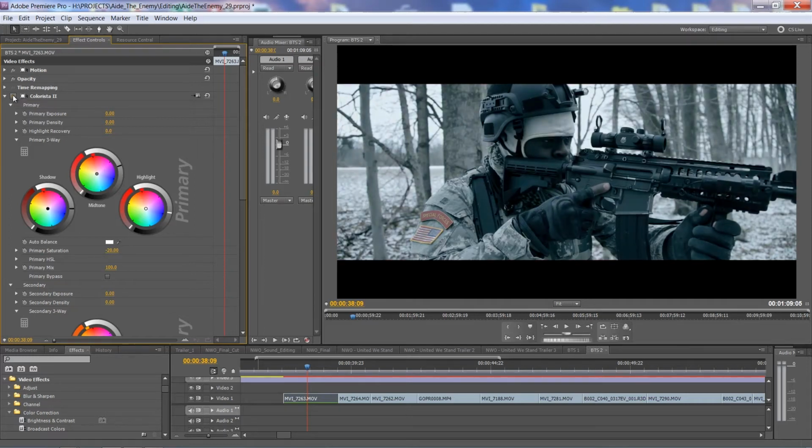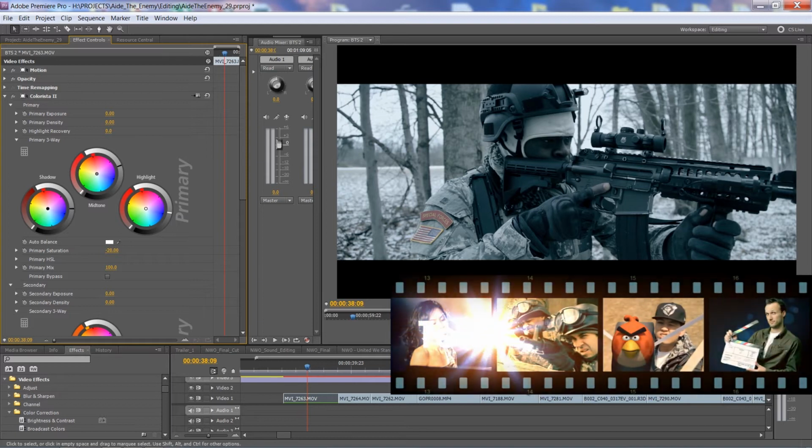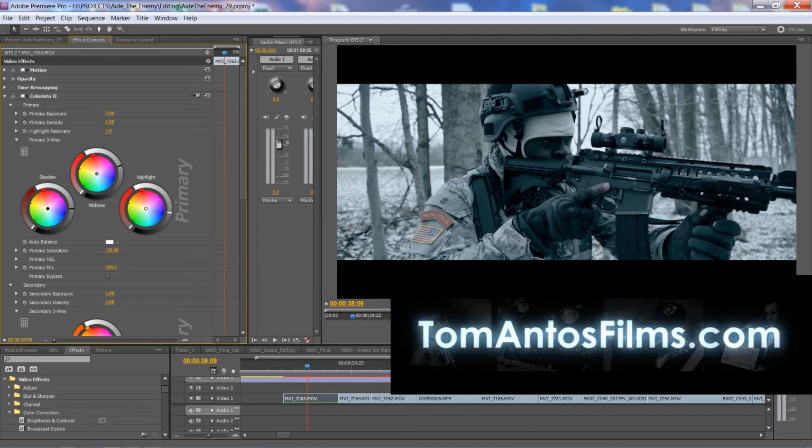Okay, so now in part 2, I'm going to show you guys how I color correct the rest of the shots and how I match the different footage from the different cameras. Now, when we're going to be color correcting the rest of our shots here, what we can do, so we don't have to start all over with each shot, is to take